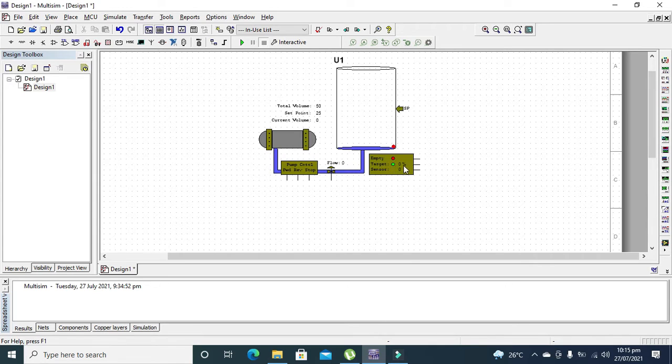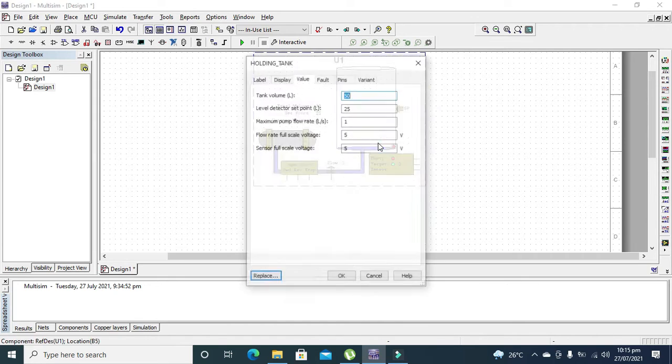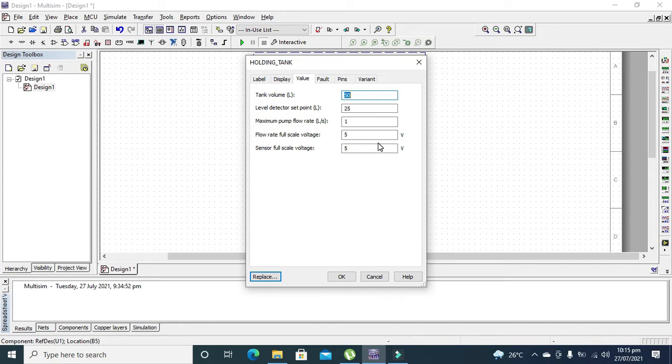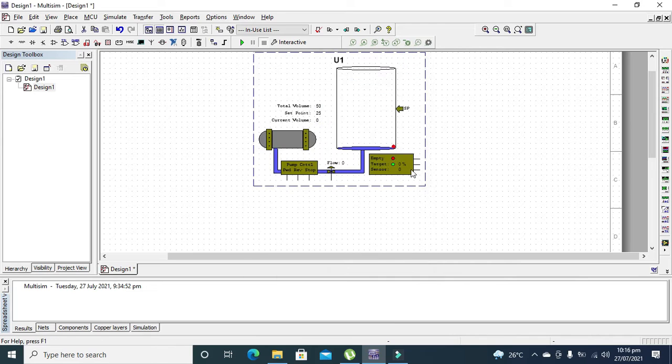Target will give us a logic 1 or 5 volt when a predefined target is set and we have just reached that target.